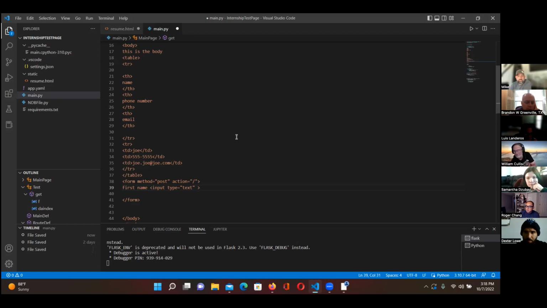Okay, so we did input type text. Now what we have to do is name that input so we know what to call in order to get that information from the form on the next page. It'll make more sense when we do it. But anyway, just put name equals, and then in quotes just type first, and then ending quotes, and then let's go to the next line and just type last name,